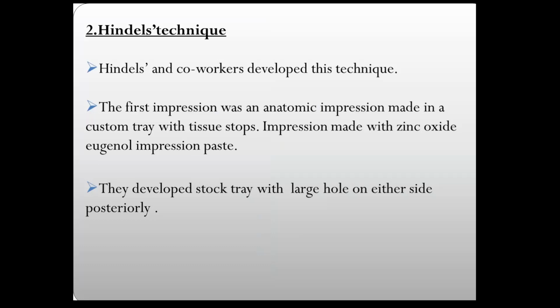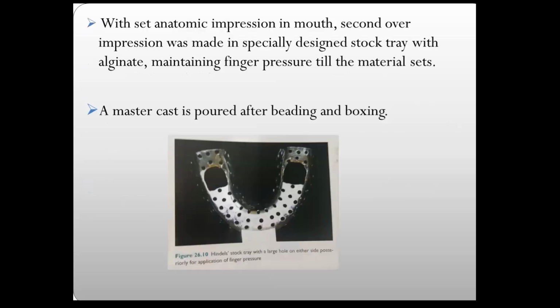So they fabricated a special tray, only a special tray without occlusal remnant, and they took a wash impression. The first impression was an anatomic one. Then they developed a stop tray with holes in the posterior region, like this. A large hole on either side